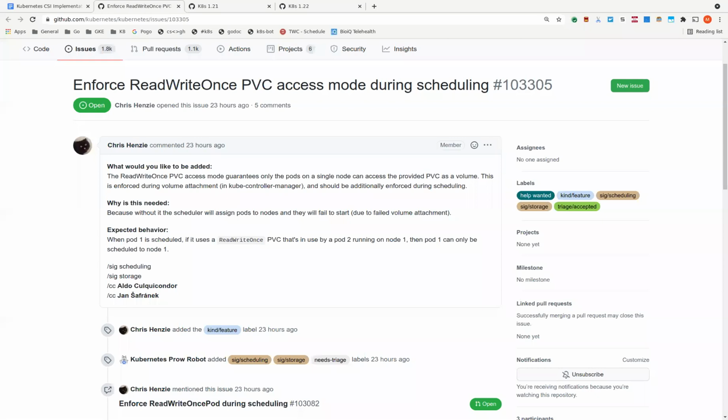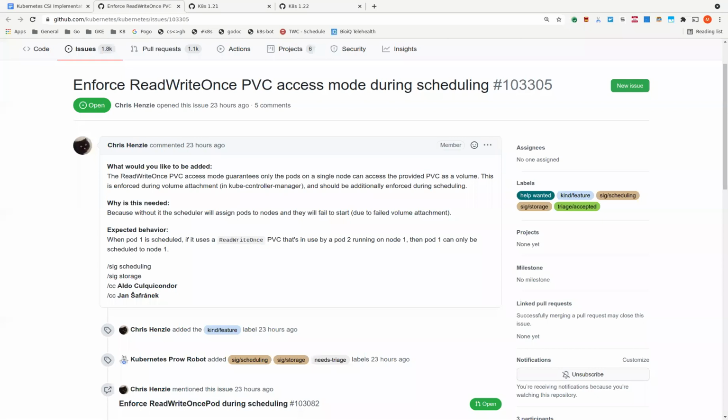Yeah, but I guess the bad behavior in this case is that the pod has an event on it saying timed out waiting for volume to attach.